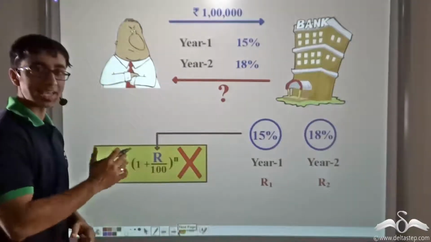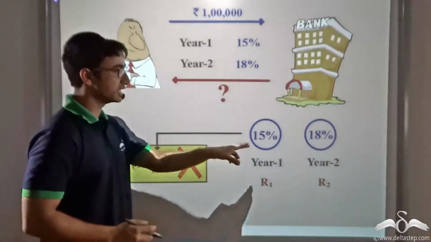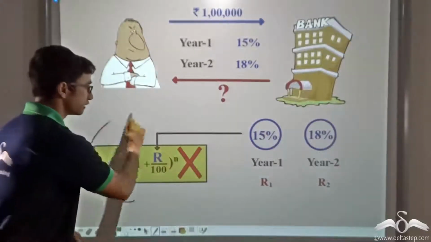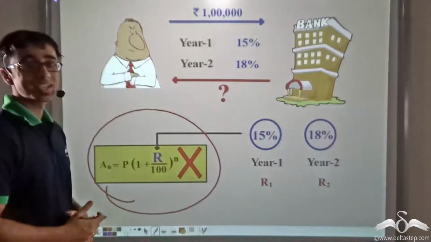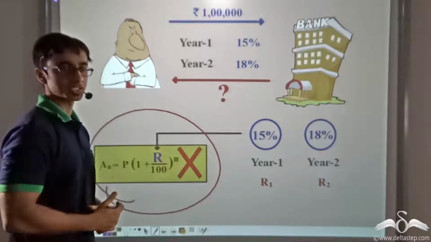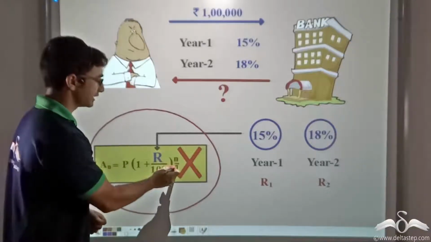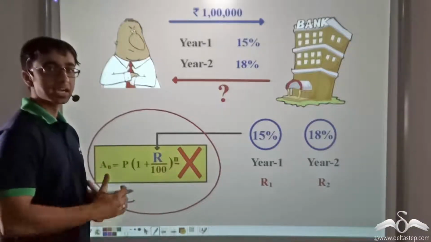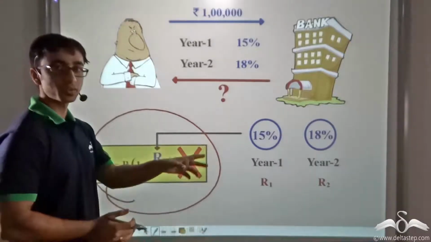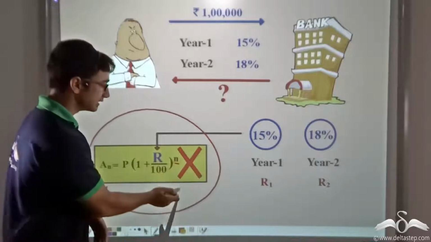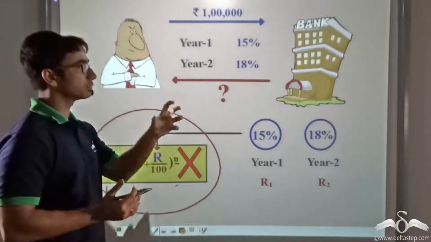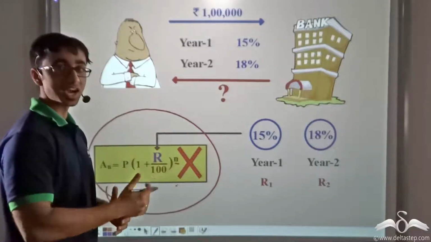The answer is neither, because when the rates of interest are different for 2 different years, then this particular formula cannot be used. And that is true if many such different rates of interest are given to us. Let's say we want to calculate a given amount for n years. In that case, if R differs for each of those n years, then this formula becomes inapplicable. So let us see how to approach the problem if the rates of interest are different.